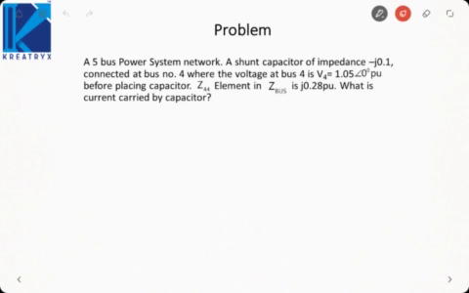Now we connect a shunt capacitor of impedance minus j0.1 to bus number 4, where voltage at bus 4 is V4 equal to 1.05 angle 0. Now Z44 is given to me,